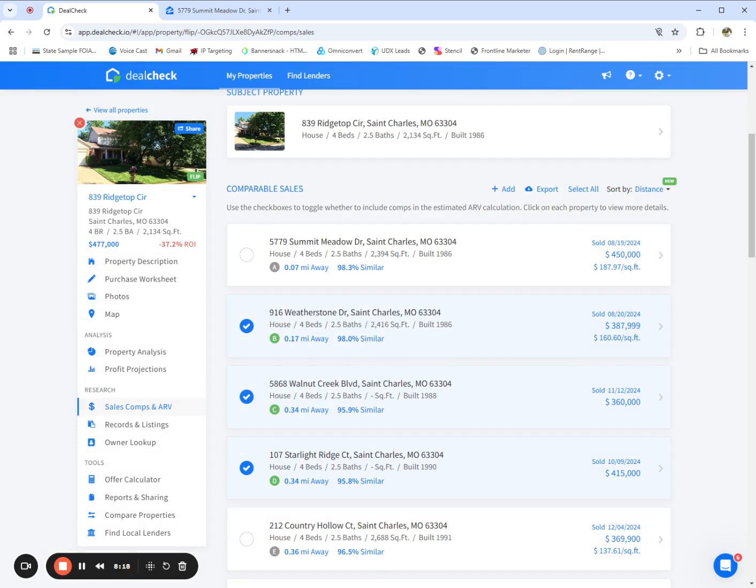While DealCheck does require a little bit of poking around, I find it to be super convenient to use and super easy to understand. If you're trying to figure out as a homeowner what the value of your home is,